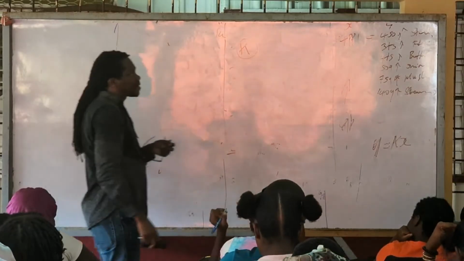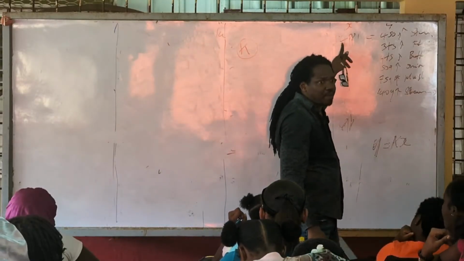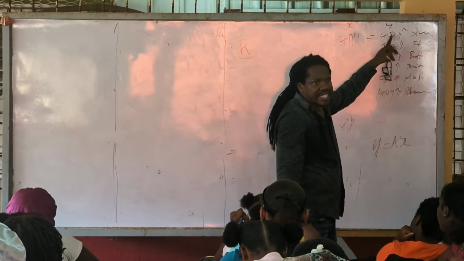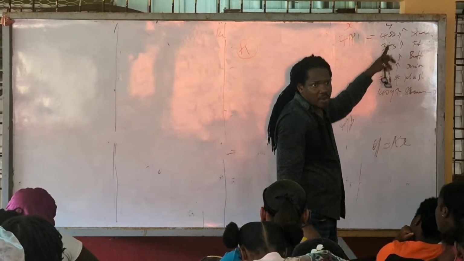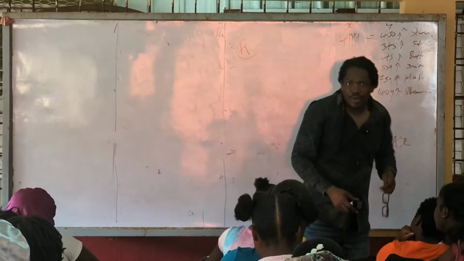They gave us these realities, and they say 4 people is going to need this amount of groceries. Now,